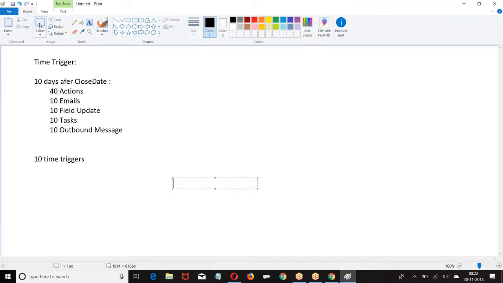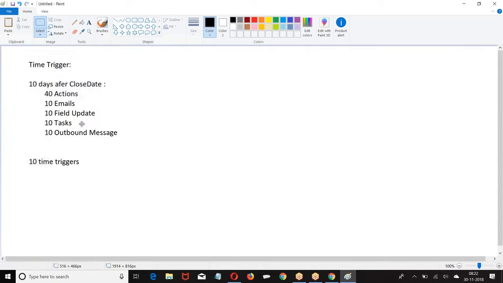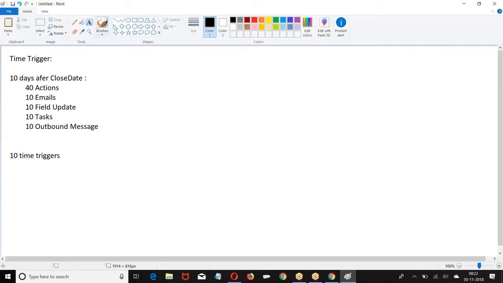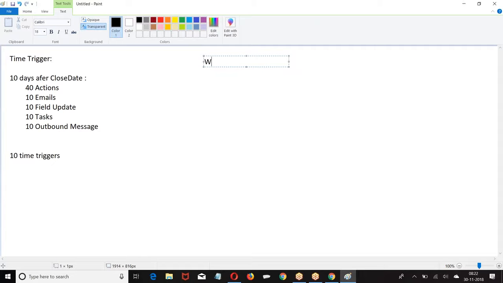listen carefully. This is a major point. I have a workflow rule: city equal to Hyderabad. Action: time dependent action.